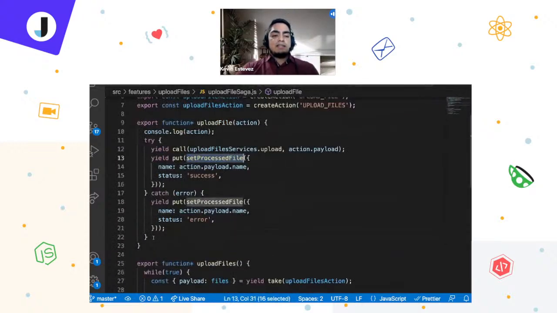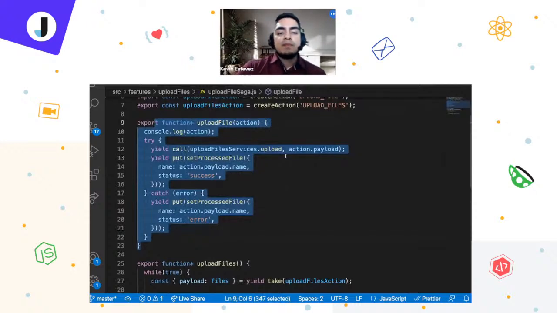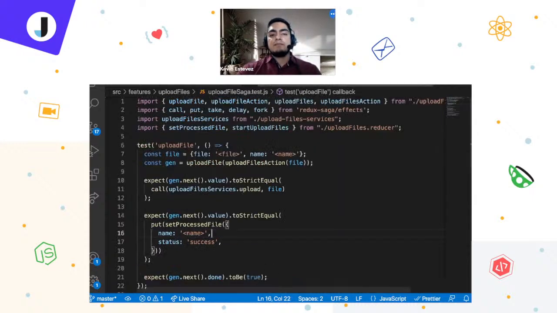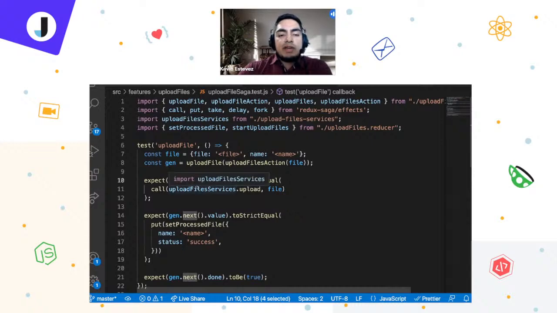So as you can see, this is a simple way I can write a Saga in order to perform a kind of complex action, or to split the upload process of each individual file into different threads. And then you can also see here the test. As I mentioned before, since these functions are function generators, I can call them directly. I don't have to mock the fetcher or the dispatcher, because when I call the function .next, I get the JavaScript plain object, so I can compare directly,